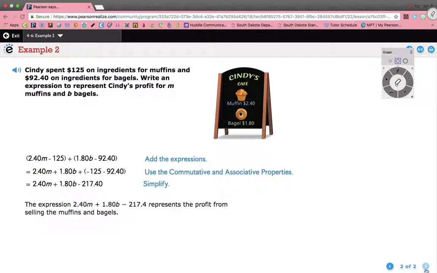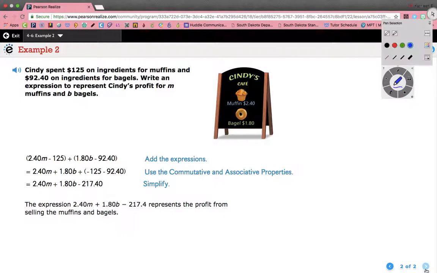All right, so if you will look, here is the expression that we came up with just on the last page: 2.40M minus 125 plus 1.80B minus 92.40. Now to add them, you'll see that the only like terms that are there are our constants here. So we move this one down here with the 92.40, and then these are different coefficients. They are not like terms. One's an M, one's a B, so we cannot put them together. The only thing that we can combine are the constants, and they come out to be negative